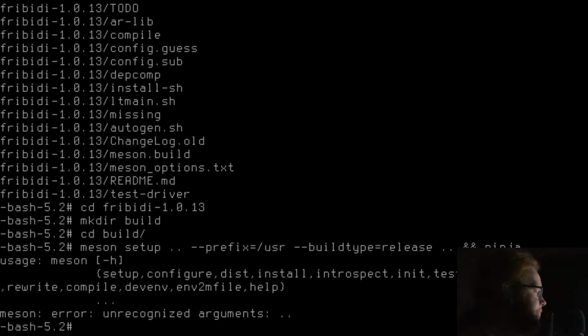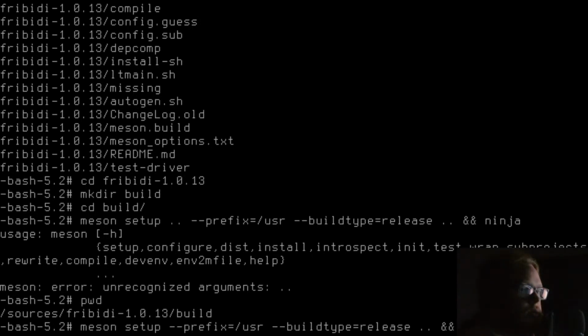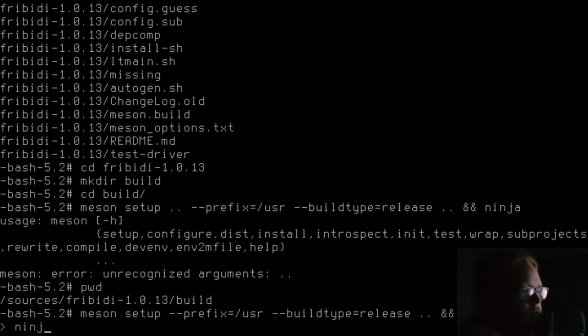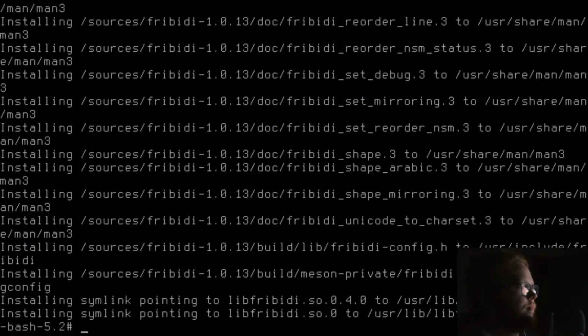Never mind. Meson setup --prefix=/usr --buildtype=release. Okay.